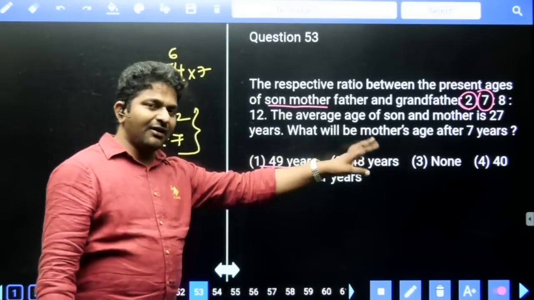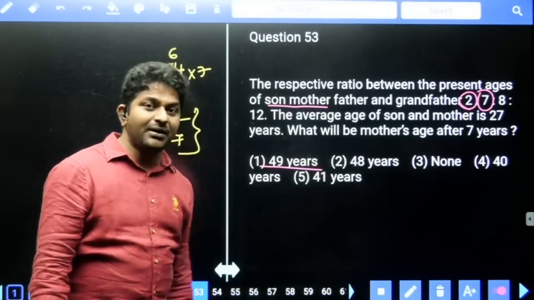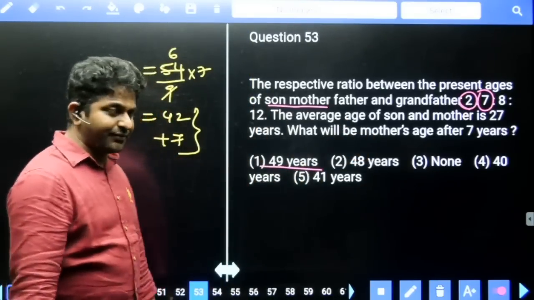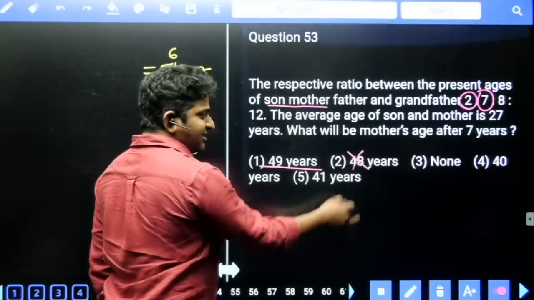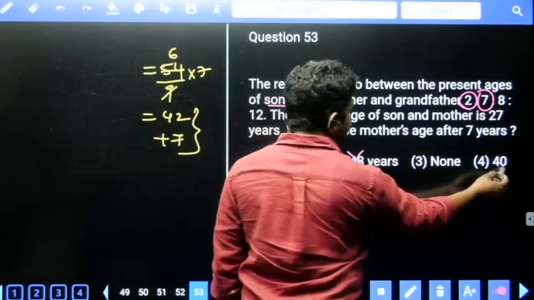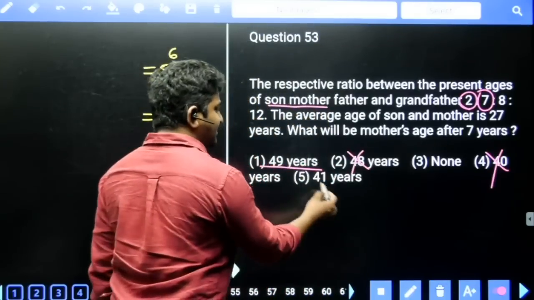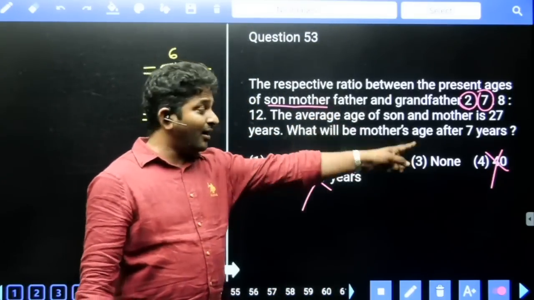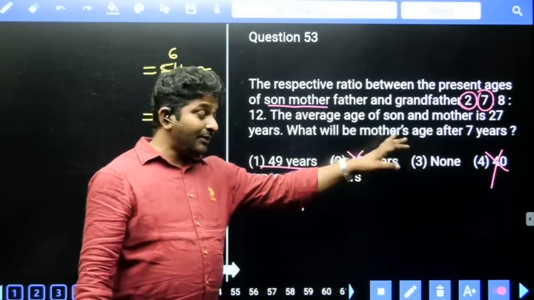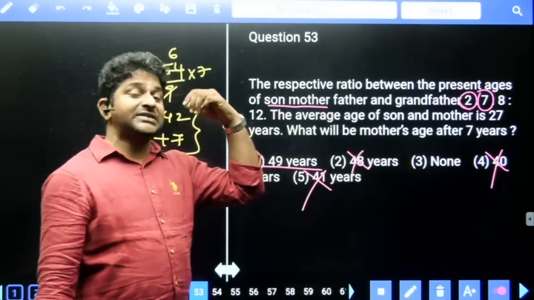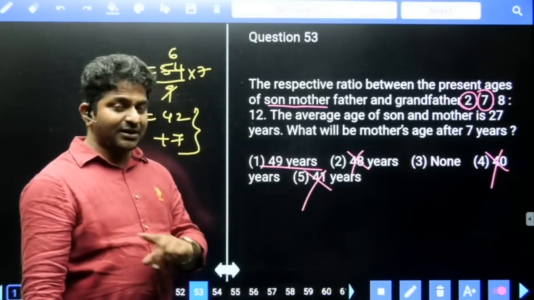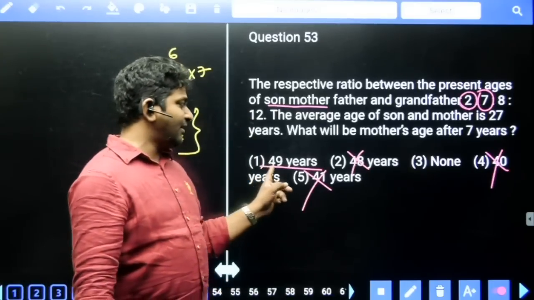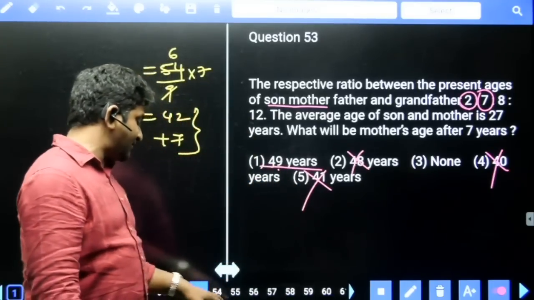In place of none of these, if you see some other number which is not a multiple of 7, it cannot be your answer. The answer may be 49 or none of these. In place of none of these, if there is some other number and that is also not a multiple of 7, directly you can answer it without simplification.